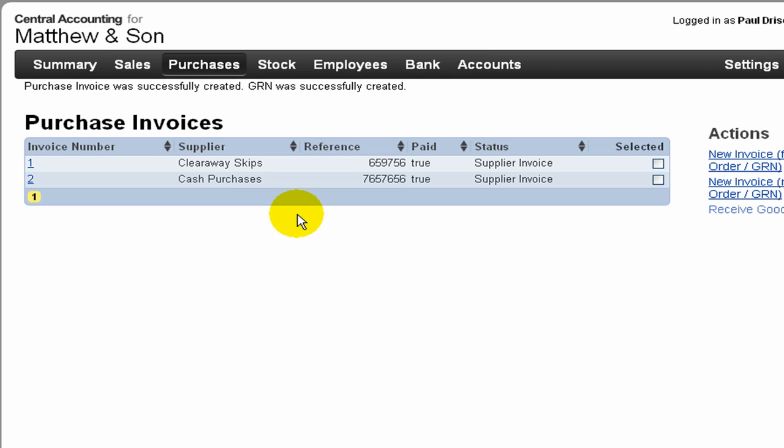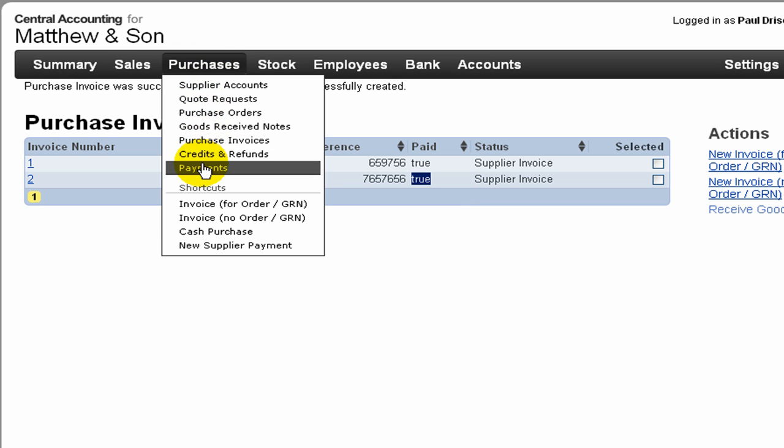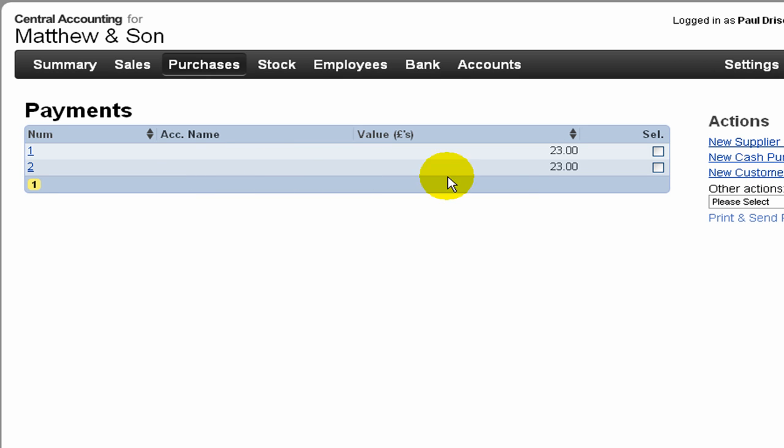The application creates both the purchase invoice on the purchase invoices listing screen, and you can see that in this instance the payment status is true, paid. It also creates a payment on the payment listing screen,